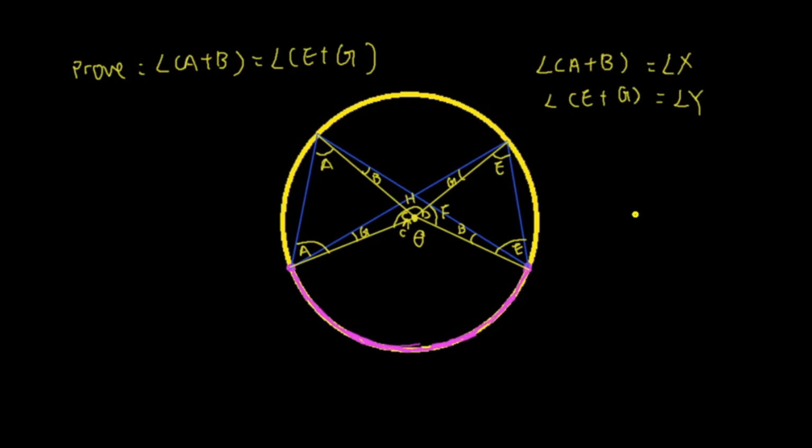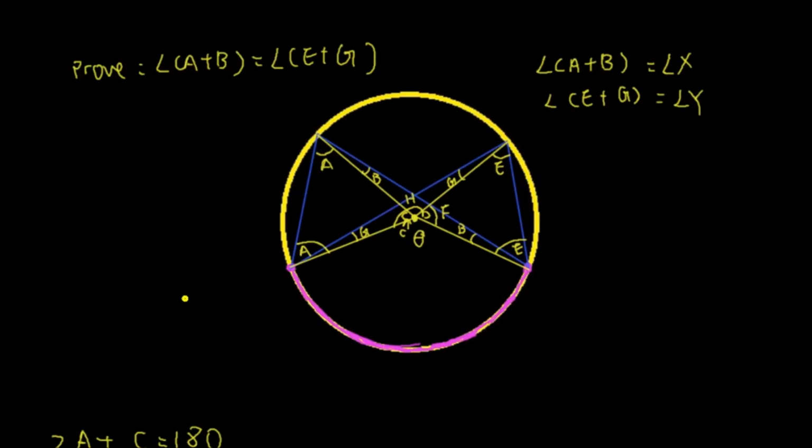Okay, let's see what we can do. Applying the concept in the first circle theorem, we have to write something like this. We know that this angle here is angle C, right? We have A and A, so this is a triangle. All three angles inside a triangle will add up to 180 degrees. So we can say that 2A plus C is equal to 180.